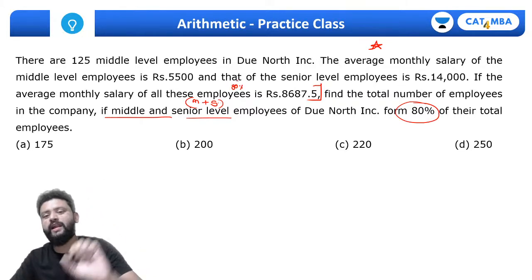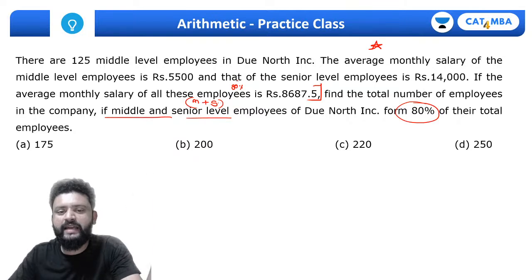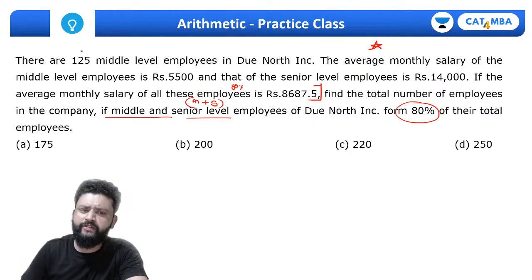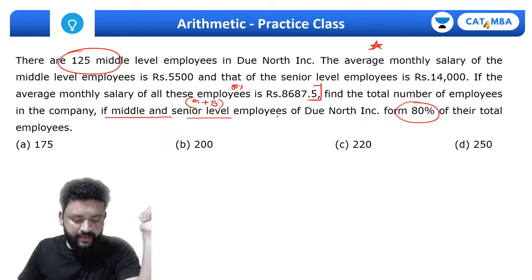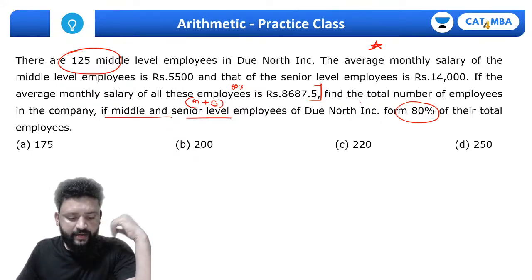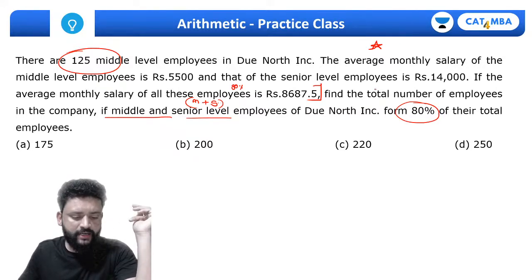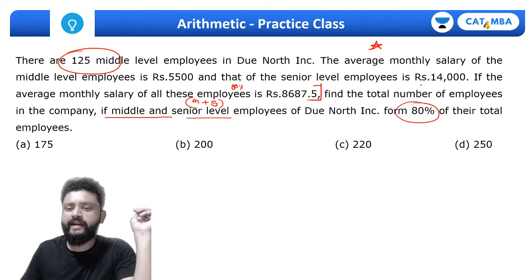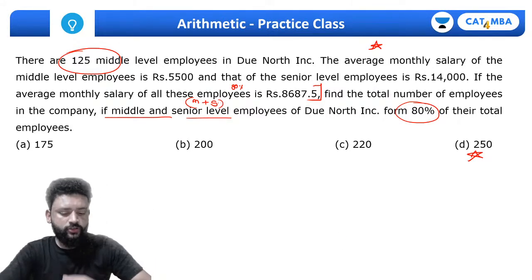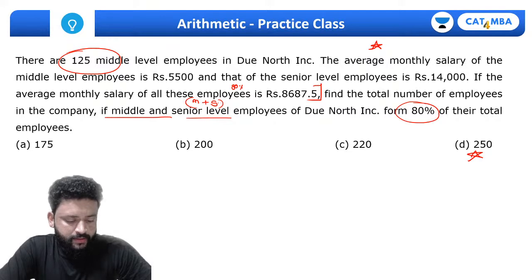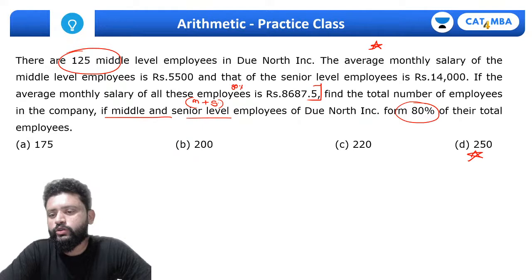So first of all I'll calculate what is the number of middle level plus, उसमें से middle level हमें पता है 125 है, and senior level हमें चेक करना है मिक्सचर्स एलिगेशन का. Okay, Ashish, you can solve that way. Yes, Ashish, you got it correct. That's the right answer. 250 is the correct answer. तुमने मिक्सचर्स एलिगेशन यूज किया. Right, that's the way, that is the thing you need to use.